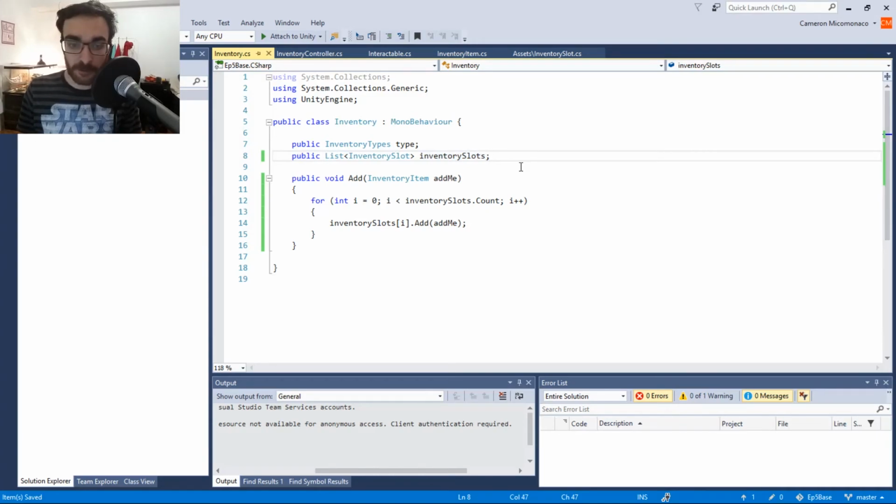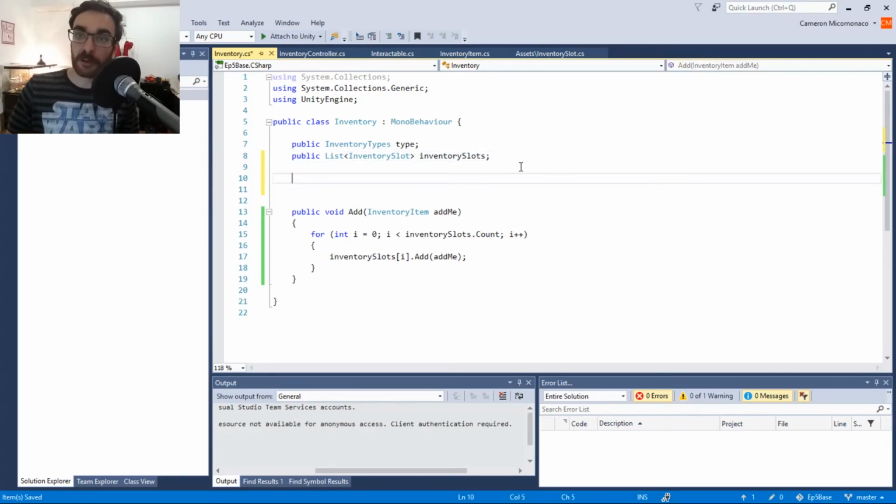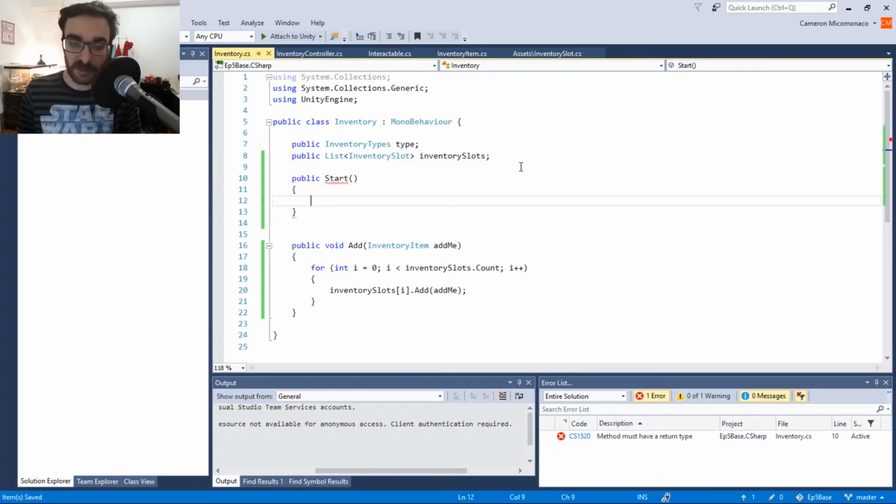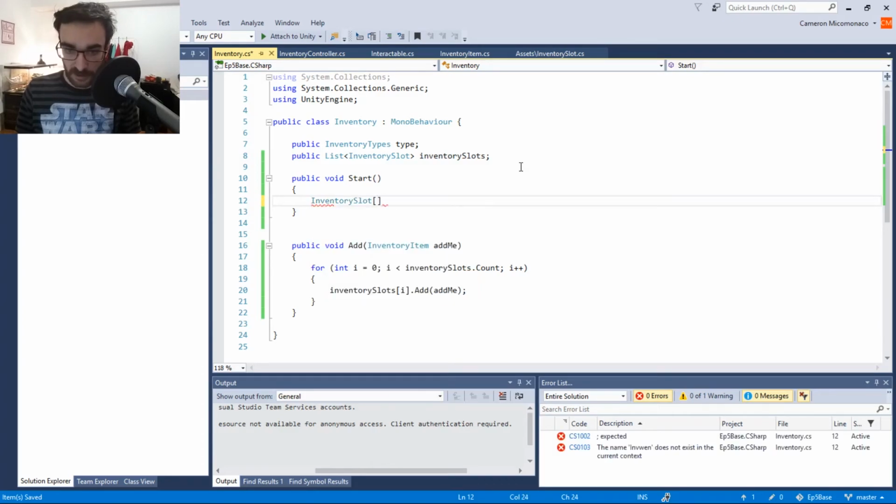And what I'm going to do, a bit of an easy way to do this, because there's a lot of slots to drag and drop. So sometimes it can be okay just to hard code it, even though it means that your scene can only be set up in one way, but sometimes that's okay. So I'm going to say public void start, and then I'm just going to say inventory slots, and I get an array of inventory slots, and I'm going to call them inventories, and they're going to equal